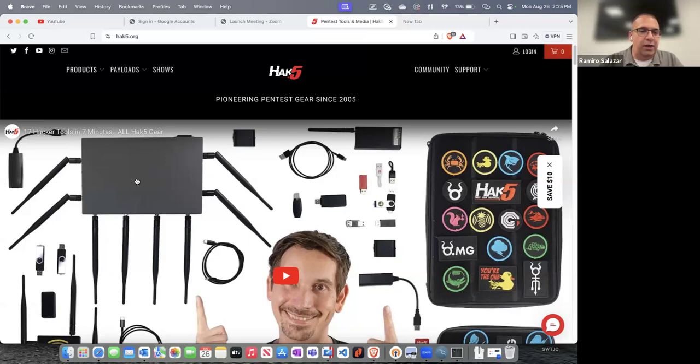I don't know if you can see my screen right now, but there's a device right here that looks like your ordinary wireless access point with a lot of antennas on it. This is called a Wi-Fi pineapple. And this pineapple is used to gain access to other people's data and other people's computers. All right. I have one right here, by the way. This is a Wi-Fi pineapple, and I have the antennas that come with it right here. I actually bought this on the Hack5 website, and it comes with a how-to manual of how to use this thing.